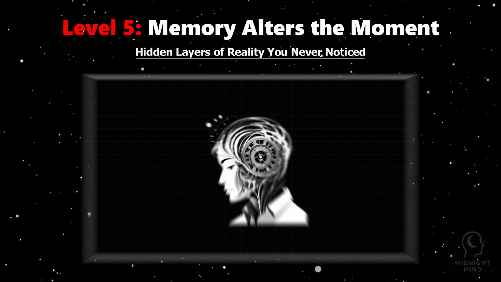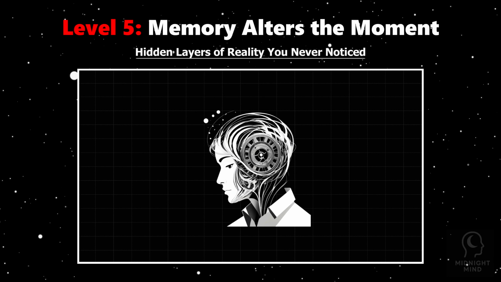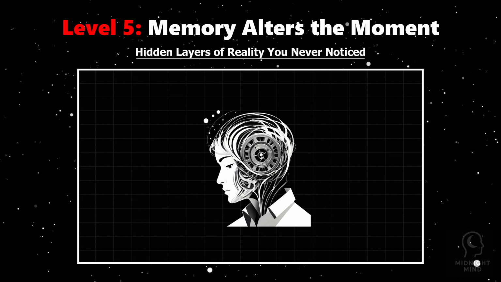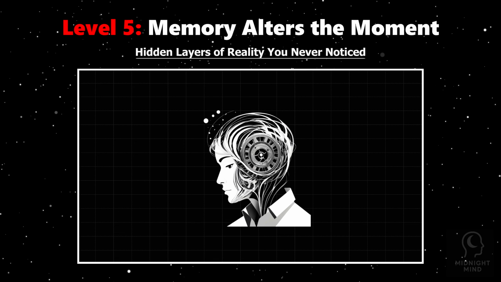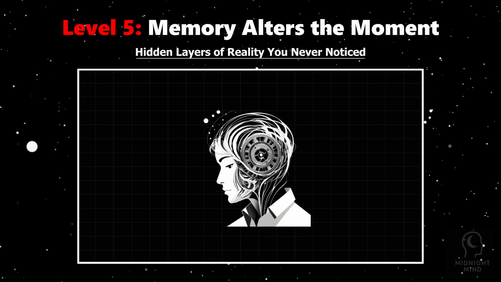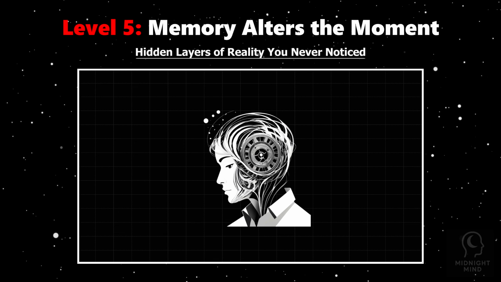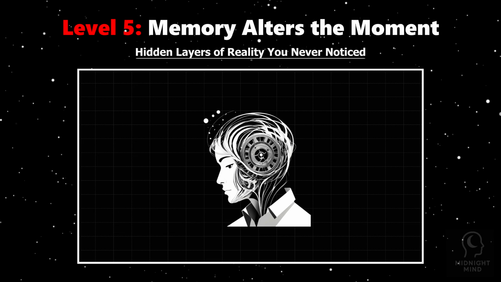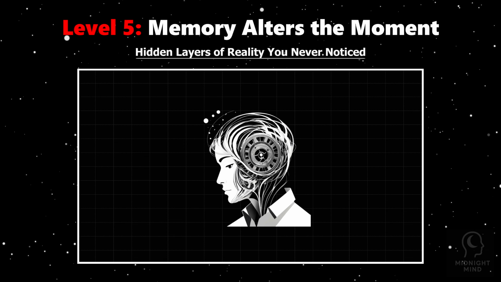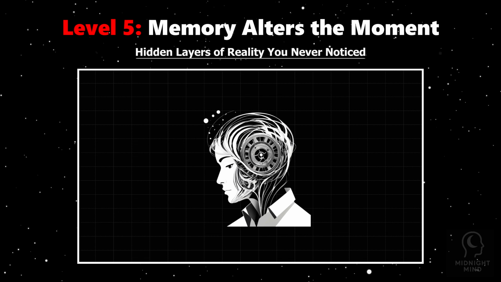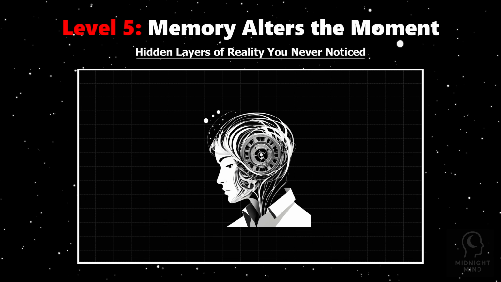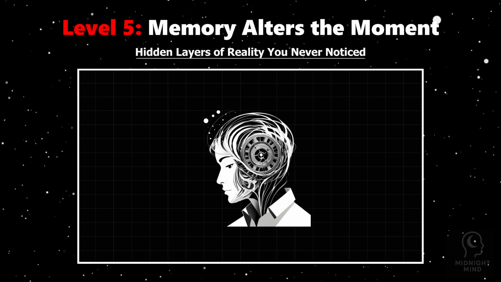Imagine your memories as a constantly shifting story, not a fixed recording. Every time you recall a moment, your brain doesn't replay a perfect tape. Instead, it rebuilds the scene, blending fragments from the past with new details and emotions. This process, known as memory reconsolidation, means your past isn't static. It's alive, editable, and subject to change. Scientists have shown that when memories are recalled, they become malleable and can be influenced by current thoughts, feelings, or even misinformation. For example, eyewitness testimonies often change after repeated questioning, demonstrating how memory can distort reality.